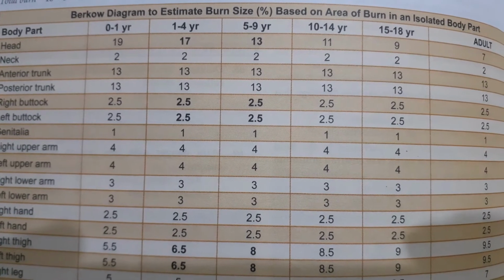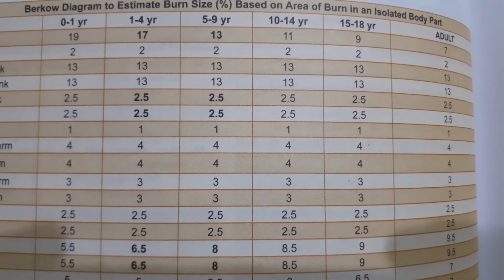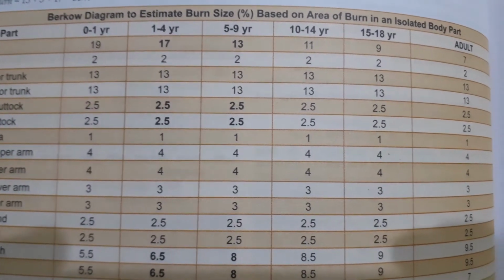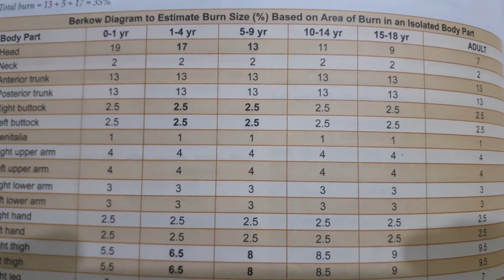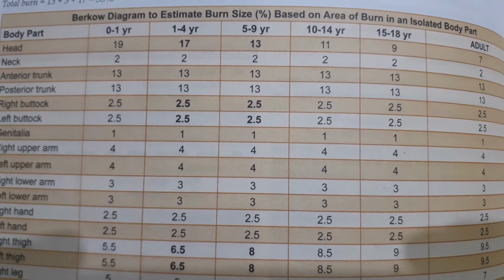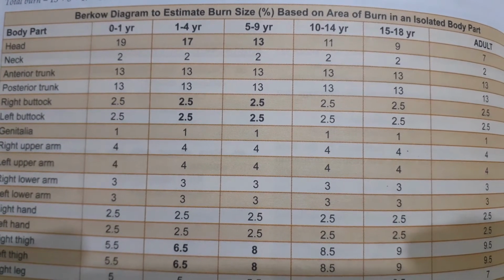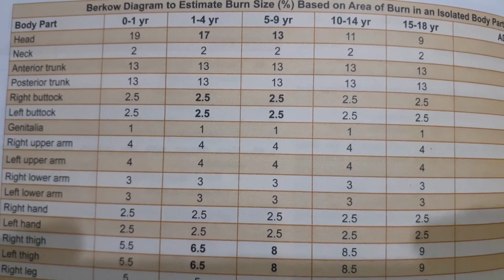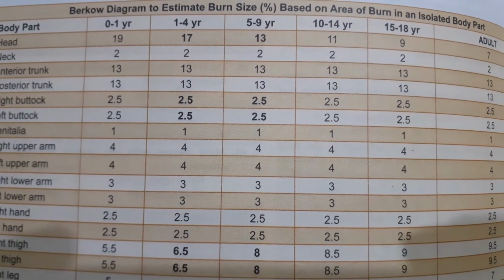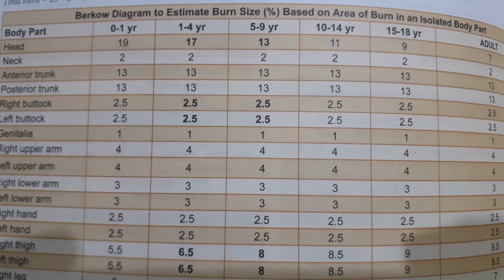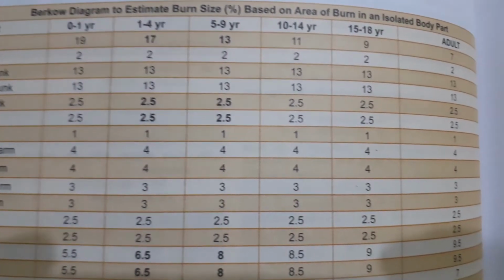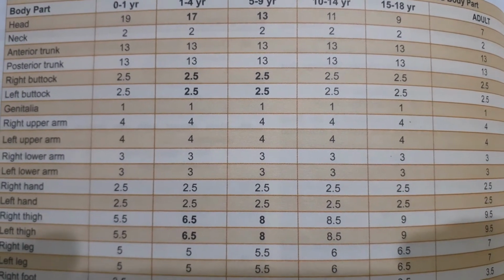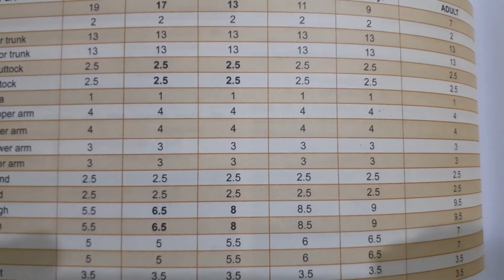Head 19, 17, 13, 11, 9, and finally 7. Neck 2, 2, 2, 2, 2, 2, all 2. Okay, anterior trunk 13 for all, posterior trunk 13 for all. Right buttock 2.5% for all, left buttock 2.5 for all, genitalia 1 for all, right upper arm 4 for all,